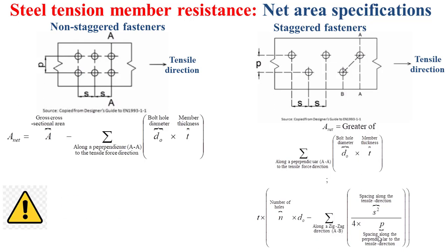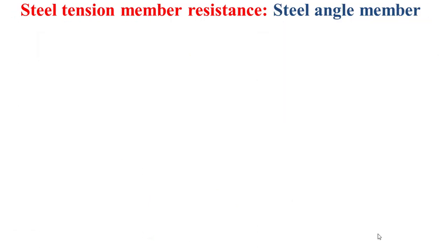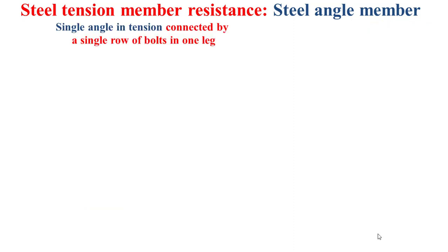Pay attention, when the holes are not located in the same plane, the spacing along the perpendicular direction to the tensile direction denoted by p is determined as it is depicted by the figure that you see now in this slide. Well, it's to note that some specific rules should be taken into consideration in the case of steel tension angle member. In the case of a single angle in tension connected by a single row of bolts in one leg